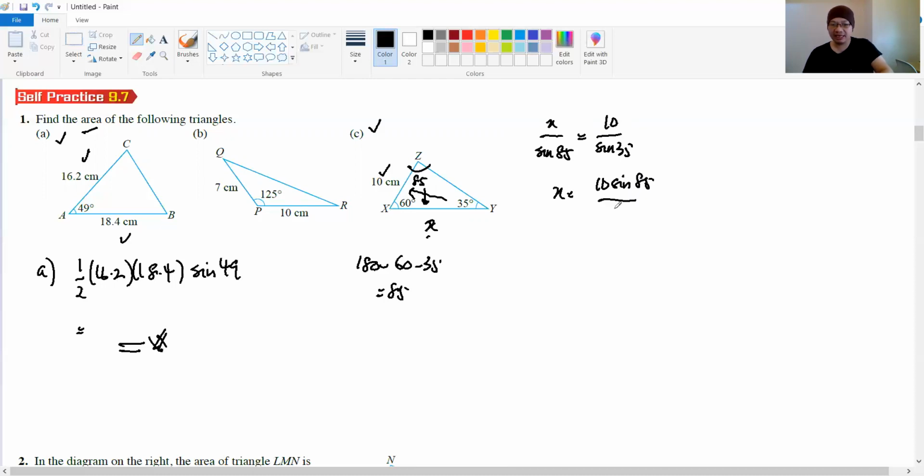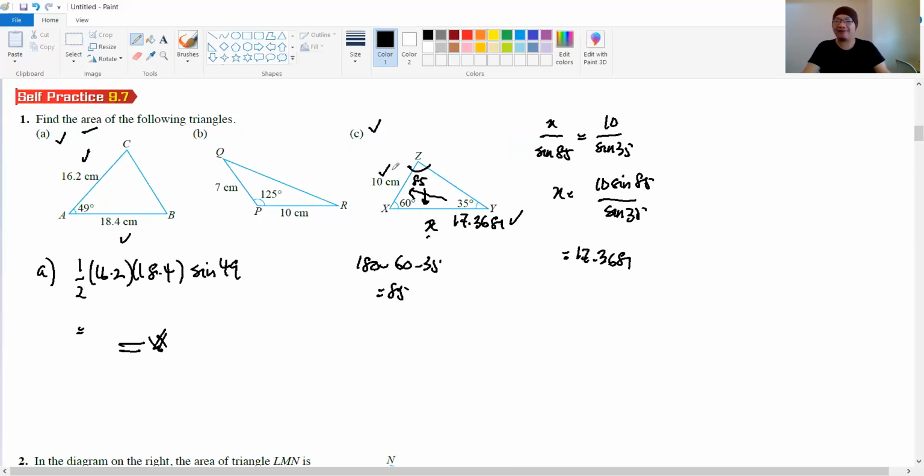Just move your sine 85 to the right side and compute, then we are supposed to get 10 times sine 85 divided by sine 35. Round off to decimal places: 17.3681. Okay, so after we got the value of x,